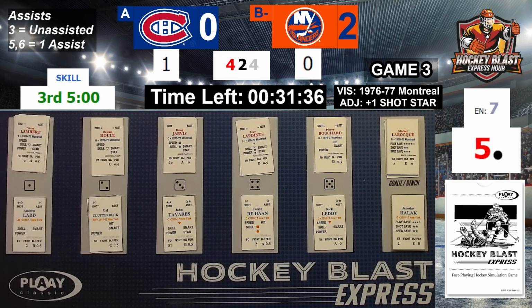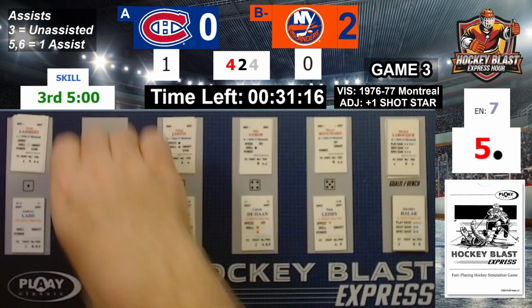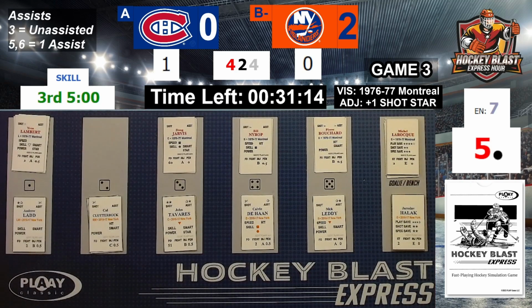Let's see who assisted him on the play. 2. How about Rajan Ho and Doug Jarvis? So Lapointe from Rajan Ho and Doug Jarvis are your ice-breaking goal-scoring summary,